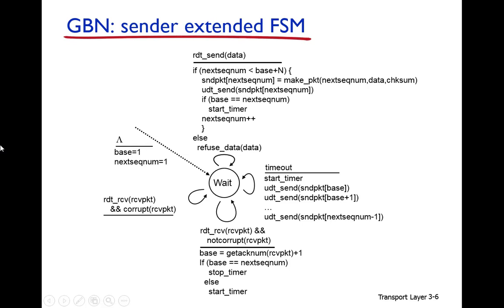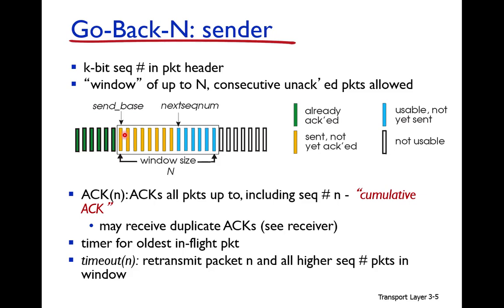So when the timeout happens, we start the timer and send the packets from base up to next sequence number minus 1. So you can see that all the packets from send base, base plus 1 up to next sequence number minus 1, all these yellow packets, are sent again. Okay,